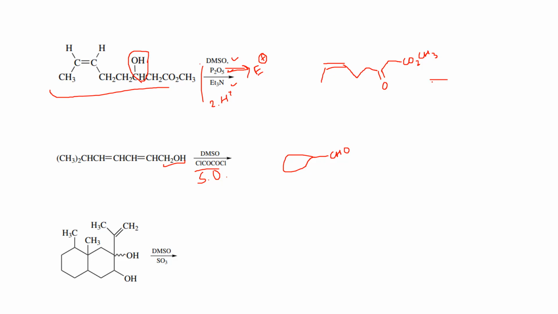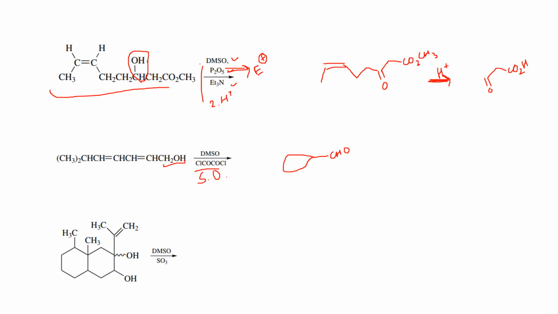If the H plus is given, obviously this ester part will be hydrolyzed. So this ketone part will be unaffected. So it will lead to this as a product. So in this way, they will not stop at one step. They will give another reagent and will ask what will happen after that.